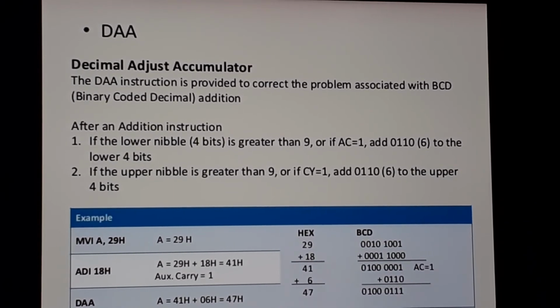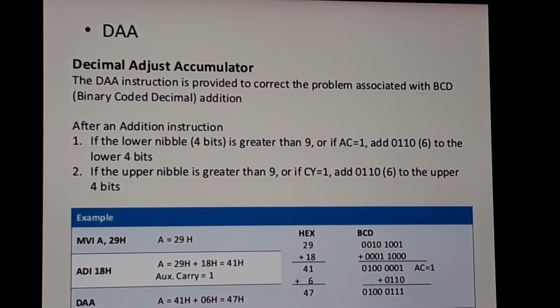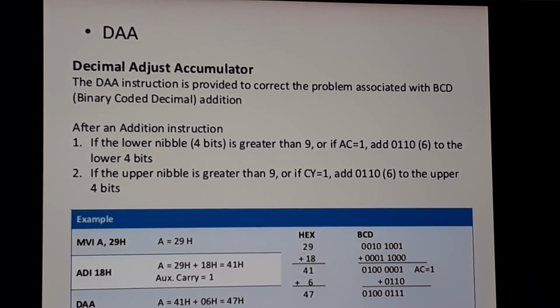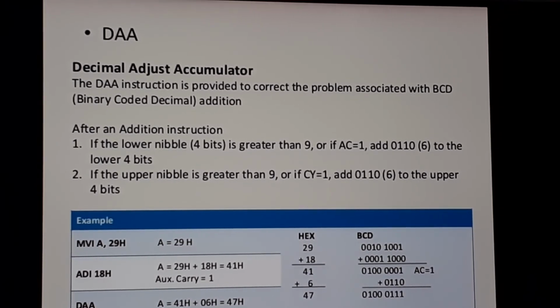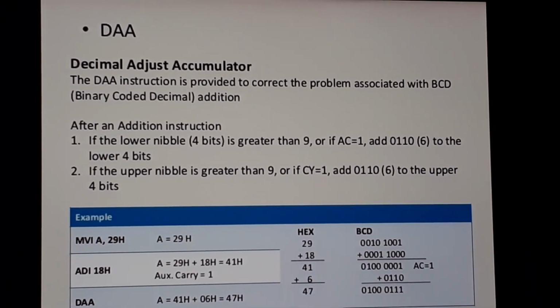If you try by yourself in some rough notebook. See here, I have shown 2 in binary is 0010, 9 is 1001, then 18, that means 1 is 0001 and 8 is 1000. So the answer that we got is 0100 and 0001. Okay, so here the answer is coming 41, which is perfectly fine.